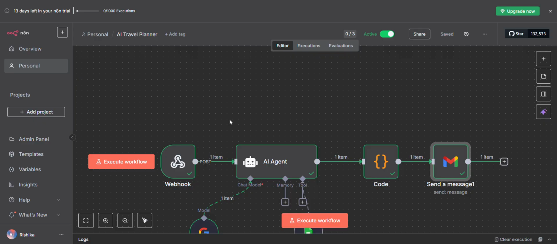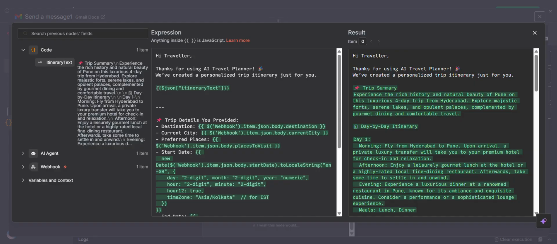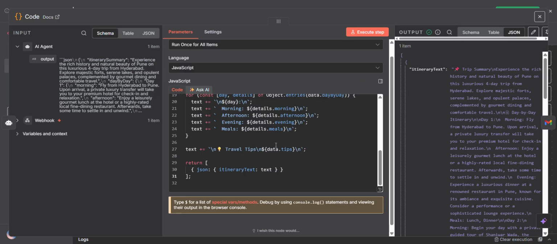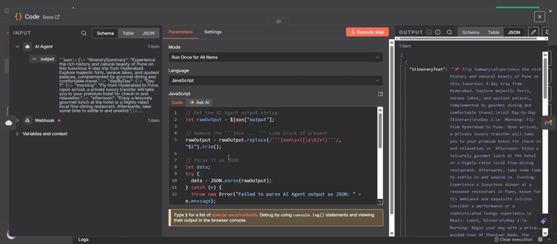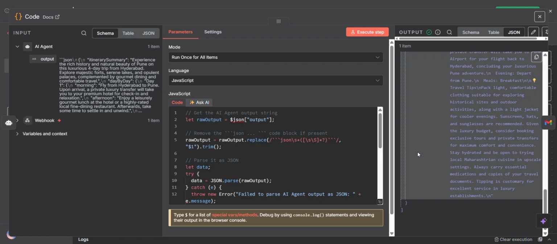The major difficulty I faced in this project is here: I cannot read this data very accurately because this format is in JSON. So first of all, we have to convert this code given by the agent to normal text using this code function, where I have changed the JSON file to a normal text file in this format, and which gives an output like this. Now coming back,